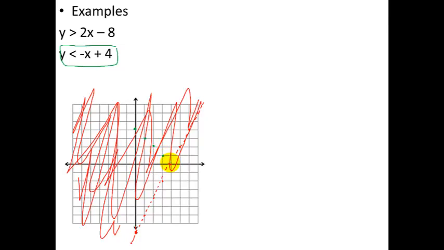So we put these dots. You even go backwards as well. Again, it's a dotted line because there's no equals bar. Okay, and then I'm going to shade below this one. So now in green, I'm shading